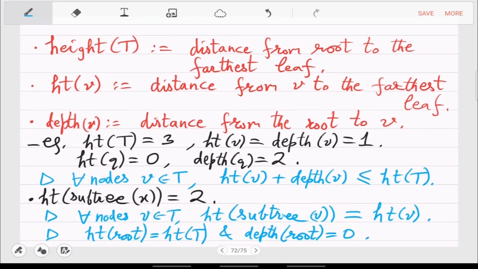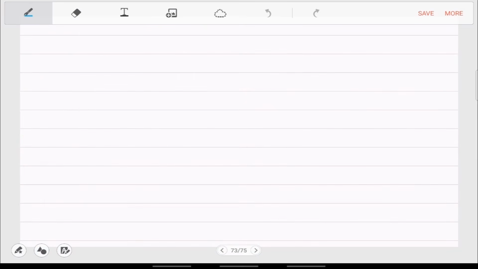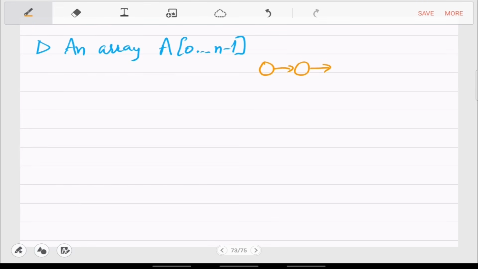Now, is array a tree? Excellent. So what is the height of the array? So an array A having n elements, right? This is also a tree because after all, it can be seen as just a tree in 1D.